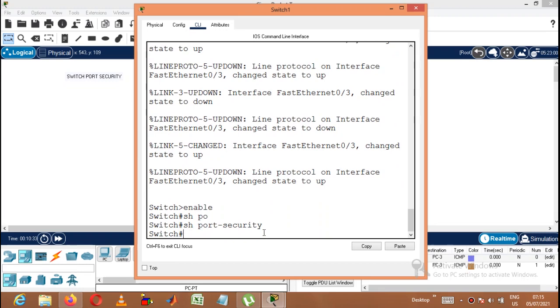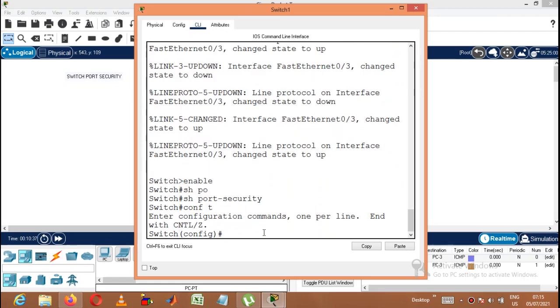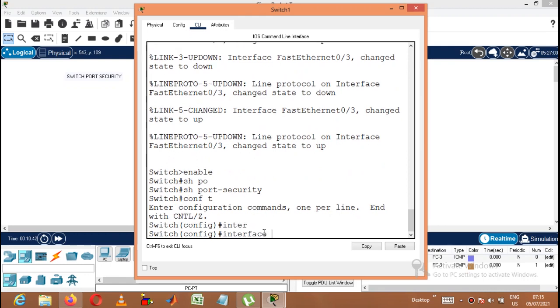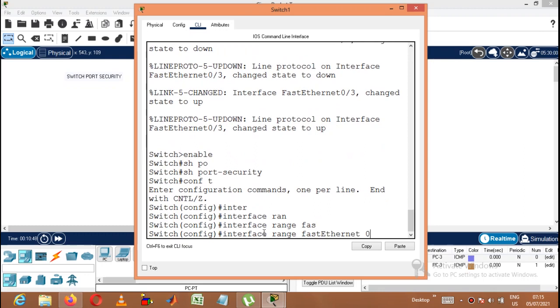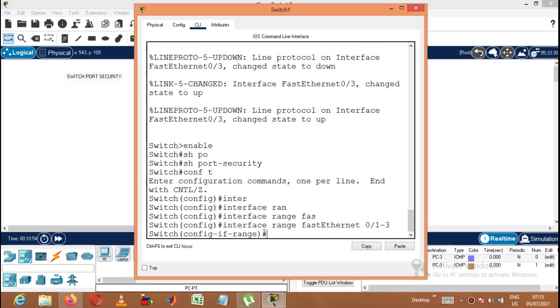Now we'll enable switch port security. I'll go into configuration mode. First I'll declare the interface range, fast ethernet 0/. How many ports am I going to secure with restrict mode? 3, so 1 to 3.